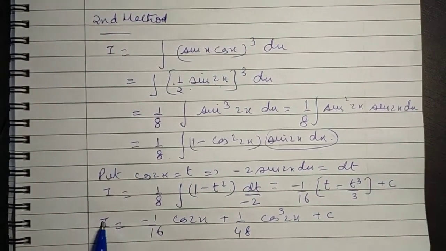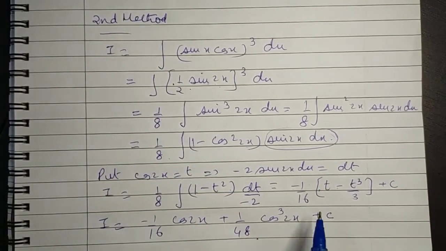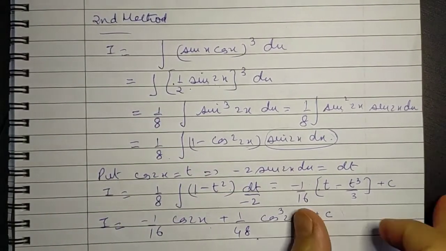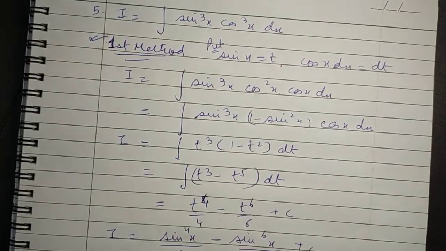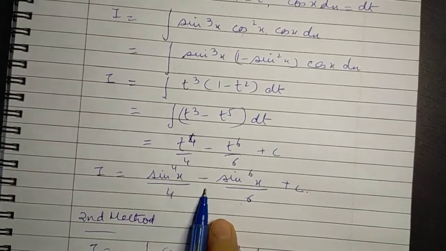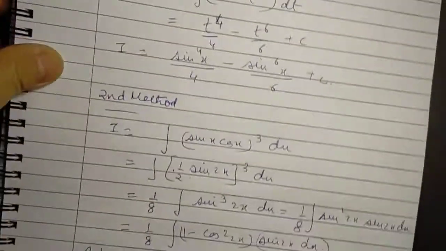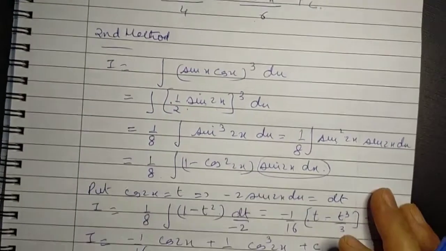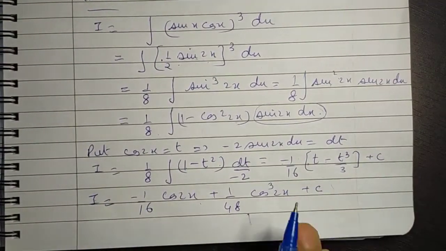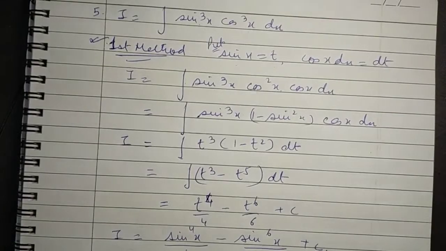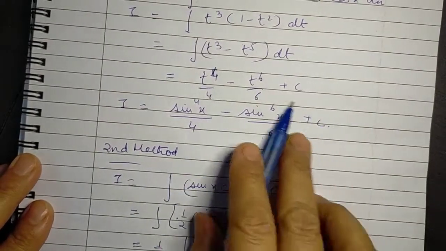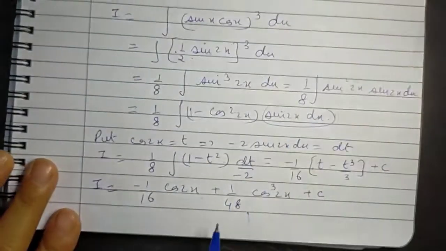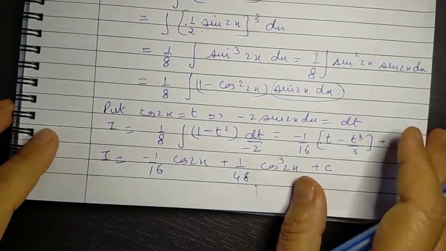So if you see, we have solved this question in this manner. We have got the result in terms of cos 2x and cube of cos 2x. When we had done it in the previous method, we could solve this question, but the answer was entirely different from what we get here. But still we accept both the results are absolutely correct and will be accepted, unless and until, I again repeat, it's a proof question. Suppose it's a proof question and they expect you to bring it to a certain form, then you will use the method accordingly. Is this all right?